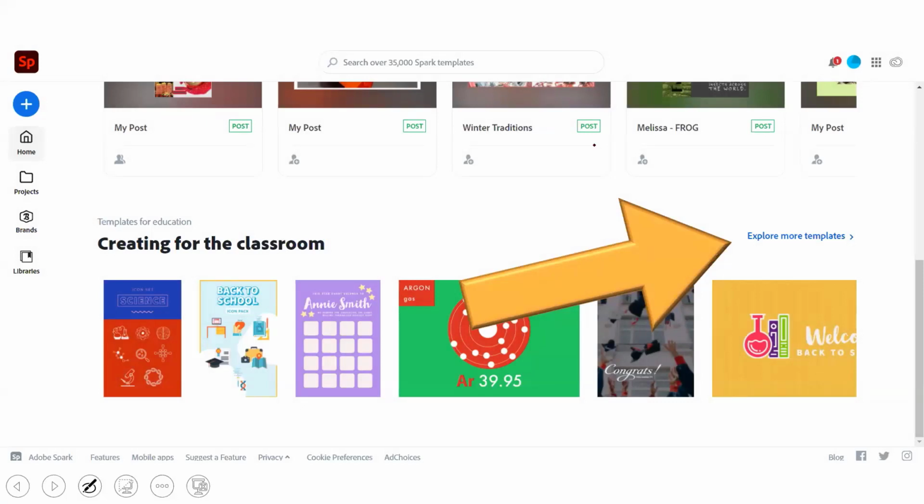This isn't extraordinarily new, but it's somewhat new, the creating for the classroom. And in my opinion, this revolutionized what Adobe can do in the classroom. Previously, we were very limited on the number of templates that the students had to work with. And now, in the snap of a finger, you can provide excellent communication to parents,